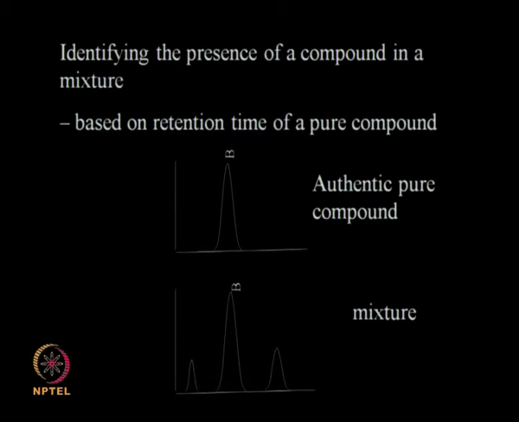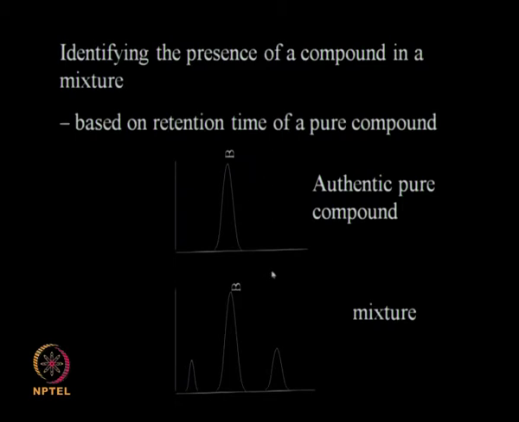Suppose we know what the compound might be. So we know that possibly we are producing a fatty acid ester. So what do we do? We get an authentic pure compound of the fatty acid ester and then we inject it into the HPLC and note down the retention time. And when you inject your mixture at the same conditions, and if you find a peak at that particular retention time, you can be sure that the unknown peak in the mixture could be this particular fatty acid